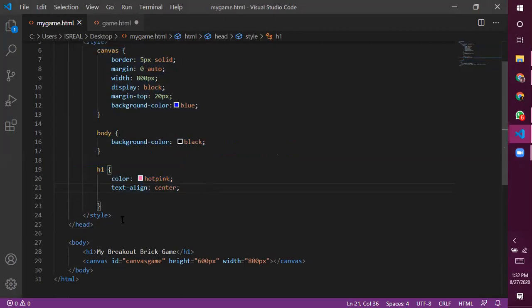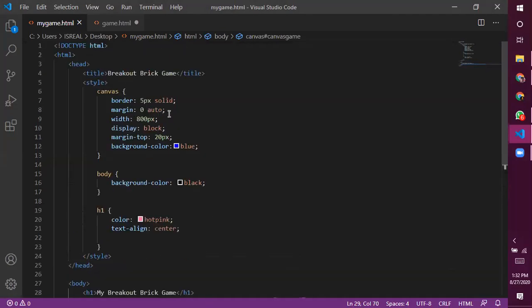While the inline style is, for example, the one I've written inside my canvas here. As you can see, you have canvas and then you have ID canvas game, you have height 600px with 800px, and so on. So I want to further design canvas, and that is why I've come to do it in the internal style, and that is done in the head part. I told us that for you to do that, you would have to write it in an HTML tag called style. Now, the JavaScript we're going to be writing for this page as well, we'll be writing it in our HTML, and it will be contained in,